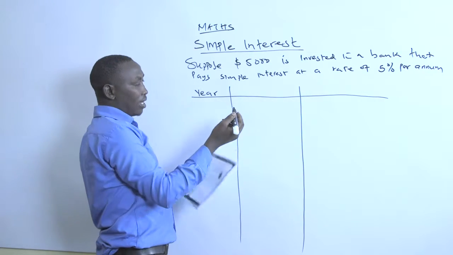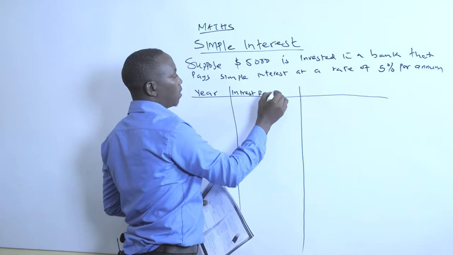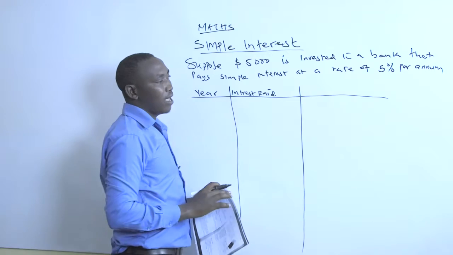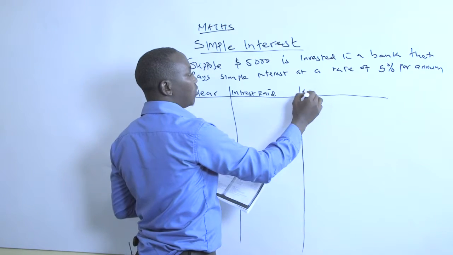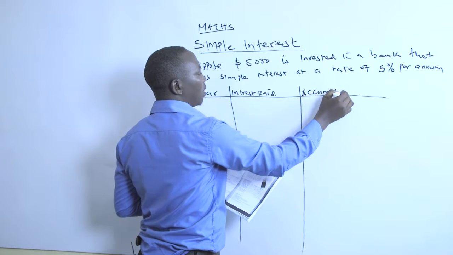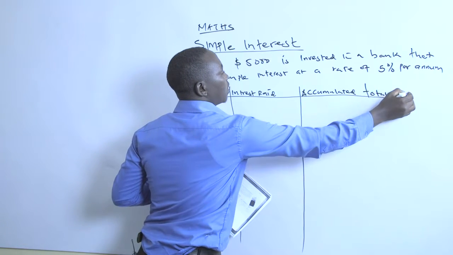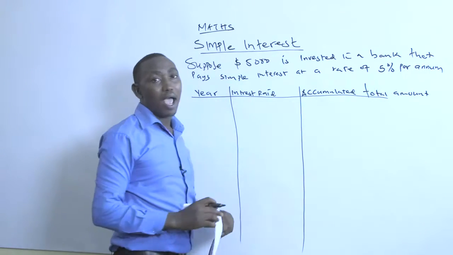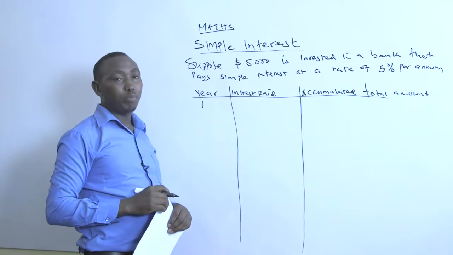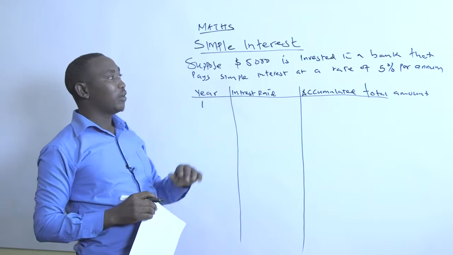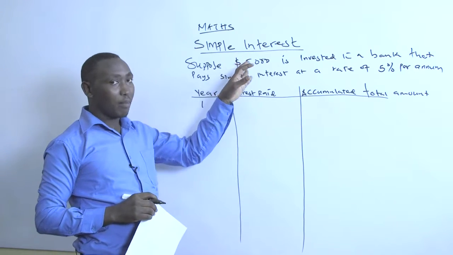Then the interest paid in that particular year, and then on the third column we'll have the accumulated total amount. Now in the first interest period, this 5,000 will earn an interest of 5% of the amount invested,